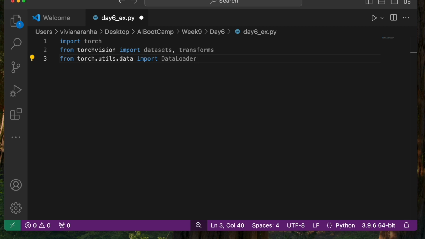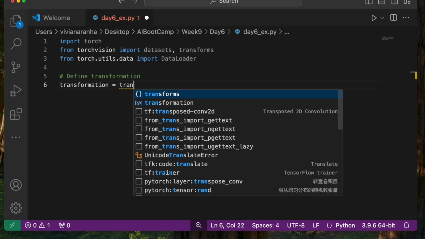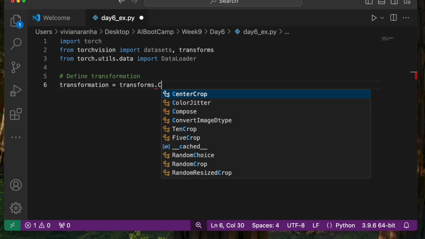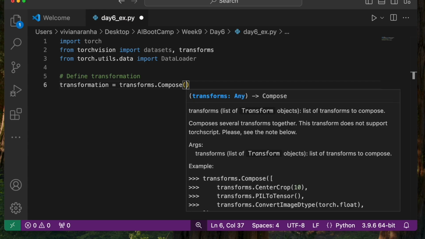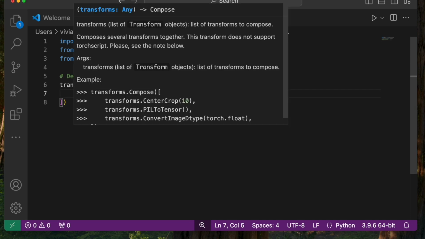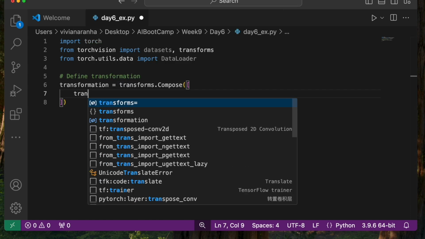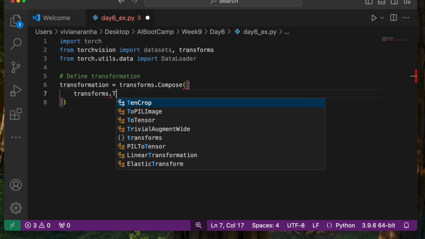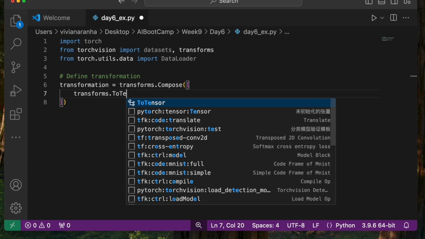So next, let's go ahead and define our transformations. So I'm going to say transformation equal to transforms.Compose, and here I will say transforms.ToTensor.